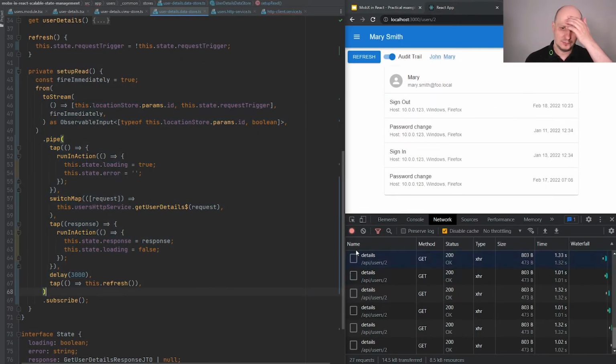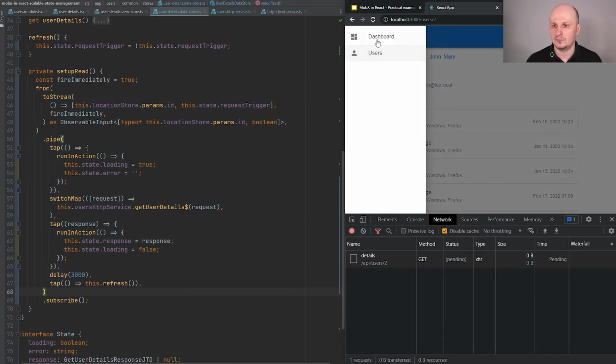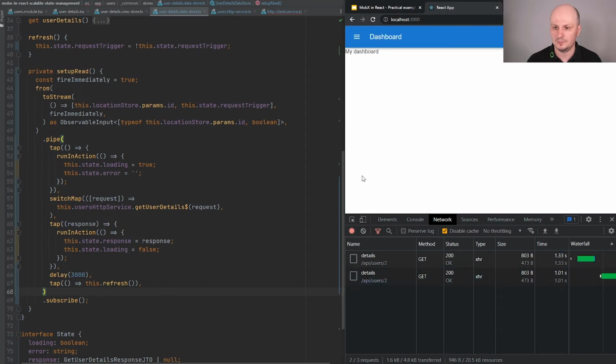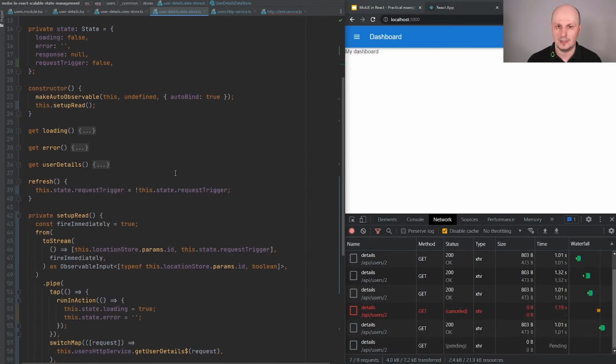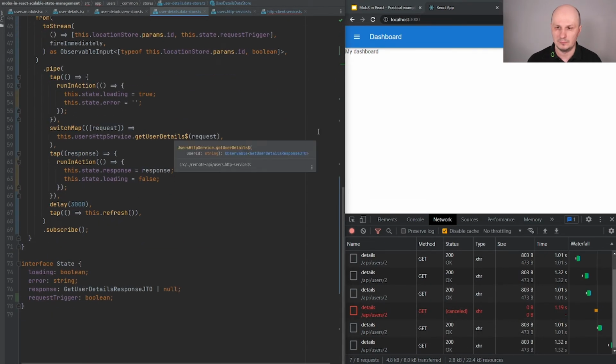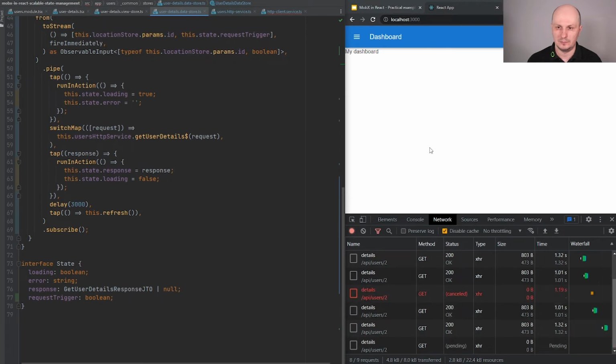All right, so let me go out from this page to the dashboard, and now it looks like our details data store, which should not live anymore because we left our user details page, has a pending stream.